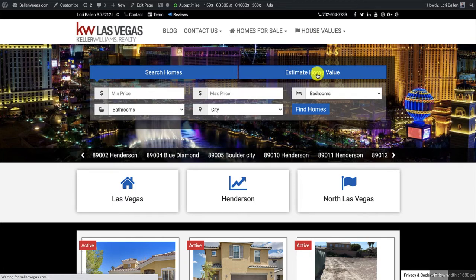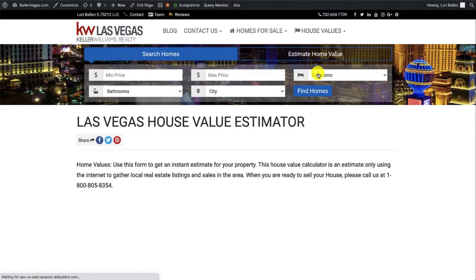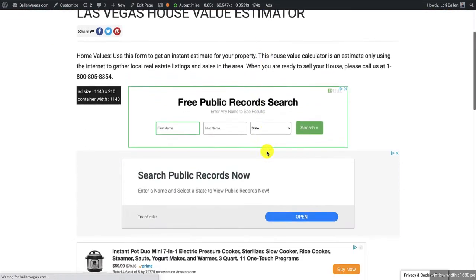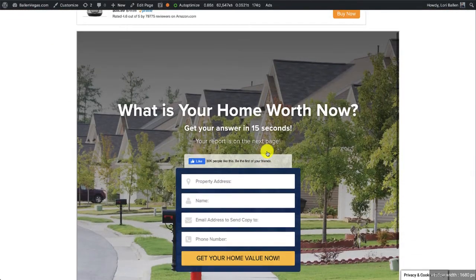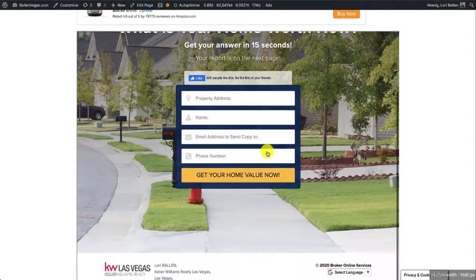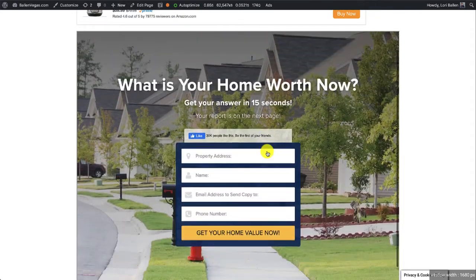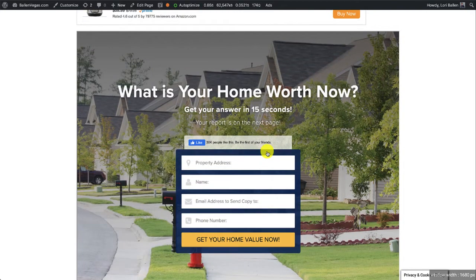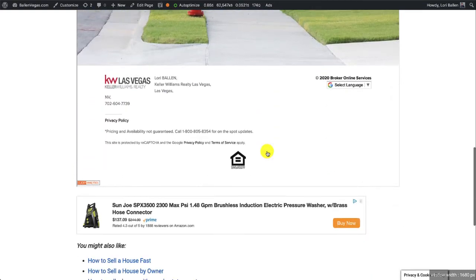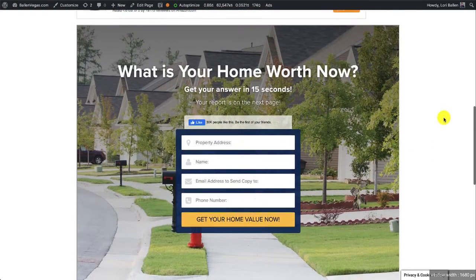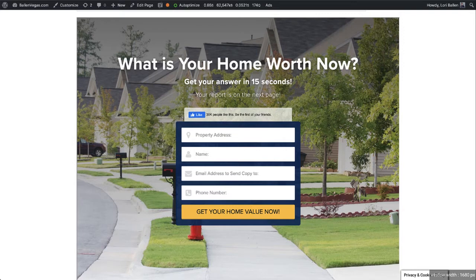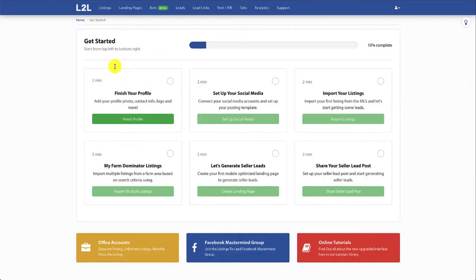So we'll go to estimate home value, and you're going to see the full page starts right here. This is an iframe as well. Basically, we're taking the calculator tool, they're giving us a little piece of code, and we're putting it on our website. In addition, if you don't want to put it on your Command website, you can go over to Listings to